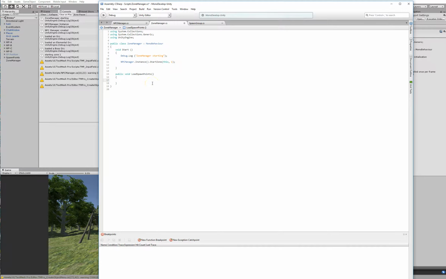So I'm going to have the NPC manager go back to the zone manager and tell it to load the spawn points. And apologize if that sounds convoluted. It kind of is, but it's really, I think, the best way. If you have a better idea, let me know. But for right now, load spawn points. This is going to look